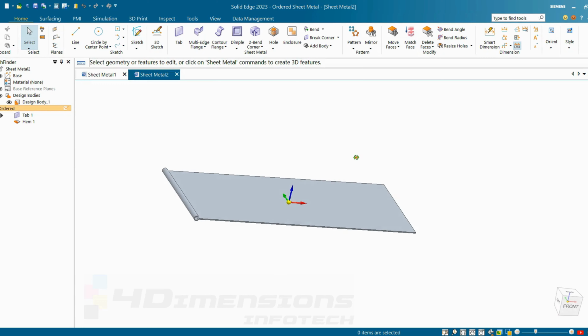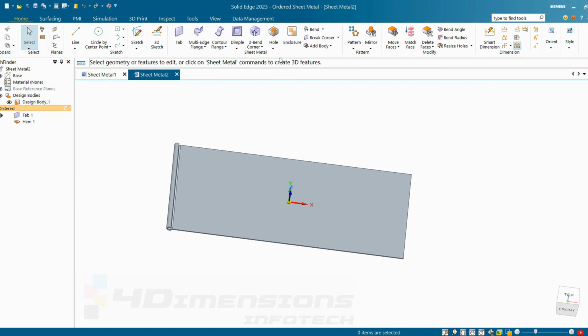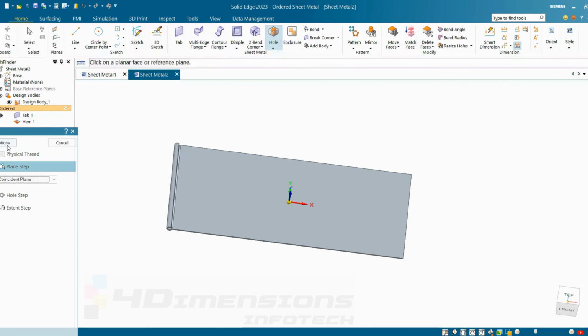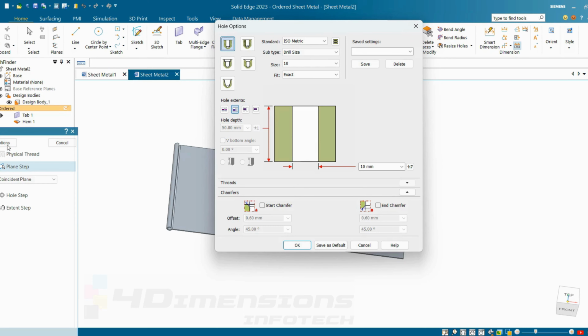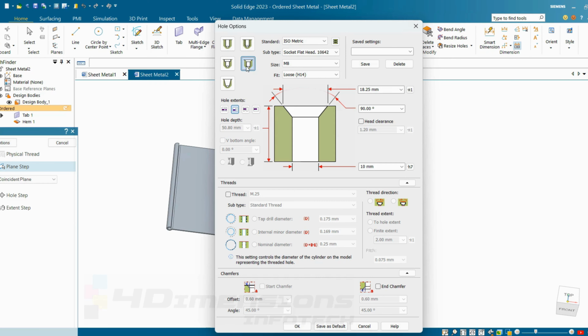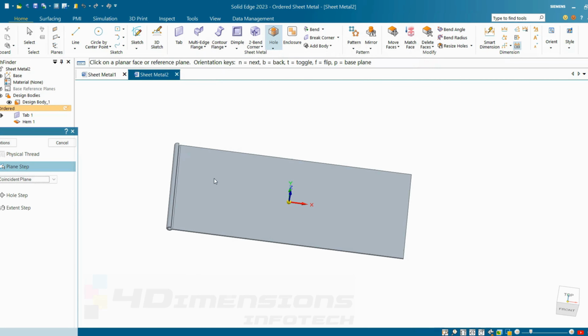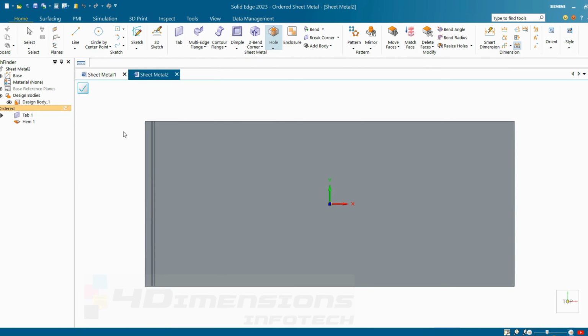Now if I want to make any cut here, we can directly go to this option, that is the hole command. We can use the standard holes here. Suppose I select this option and say countersunk, as the thickness is less, we can go for countersunks here most of the time. We need to screw the sheet metal parts, that's why. So if I take this size as M5 and fitment as normal, we just need to say OK and select the face for the positioning of the hole.